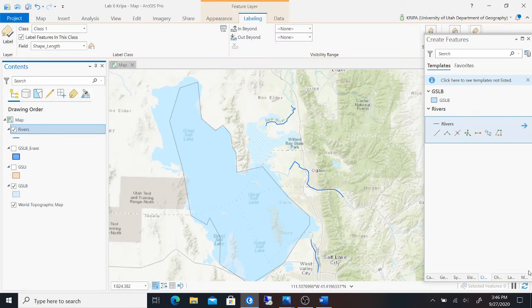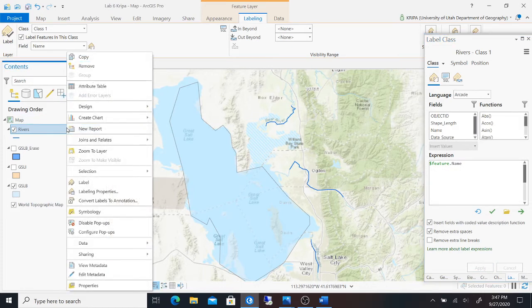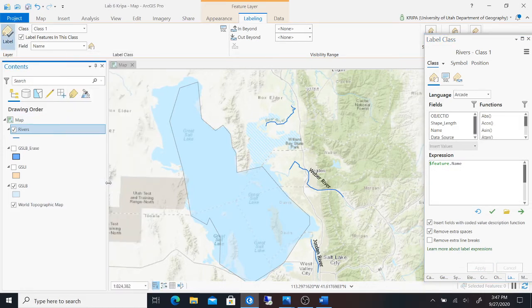So yeah, my label class here. And right now it's pulling up the shape length, right? We don't want this. So I'm going to delete that, and we want name. So I'm going to double click and check if it's valid. And I'm going to hit apply. And if I do right click, label,